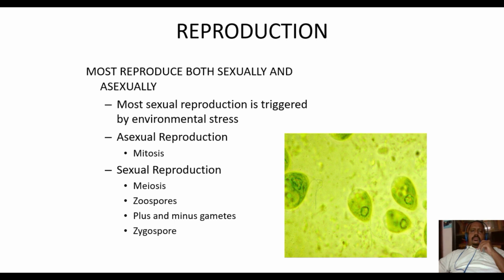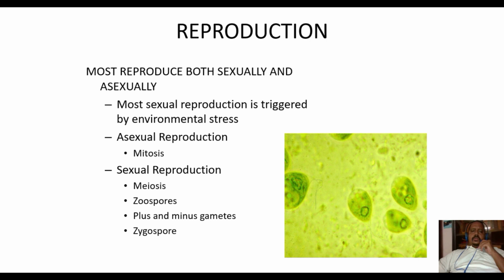But when the conditions become unfavorable, when the season becomes unfavorable, when the streams dry up, they start to produce sexual cells. After sexual fusion, they form perennating spores with thick walls. So it is a mechanism to tide over the adverse condition also. Luxuriant growth takes place during the favorable season, and a perennating dormant spore is formed just before the adverse season so that it is protected from the environmental stress.